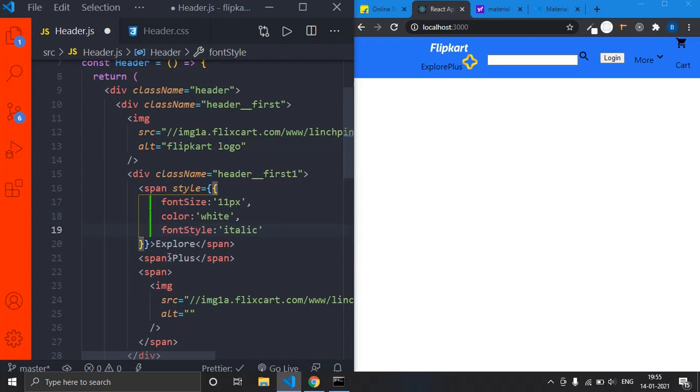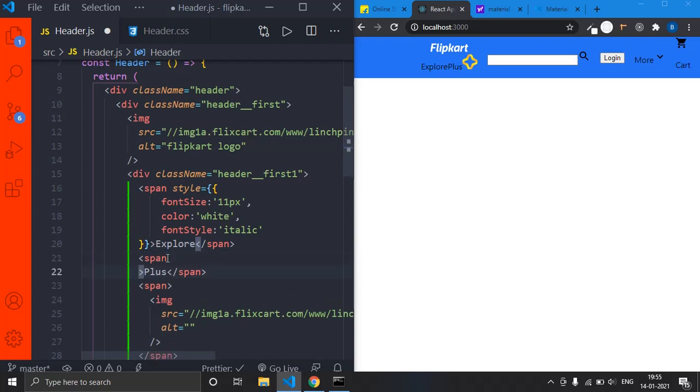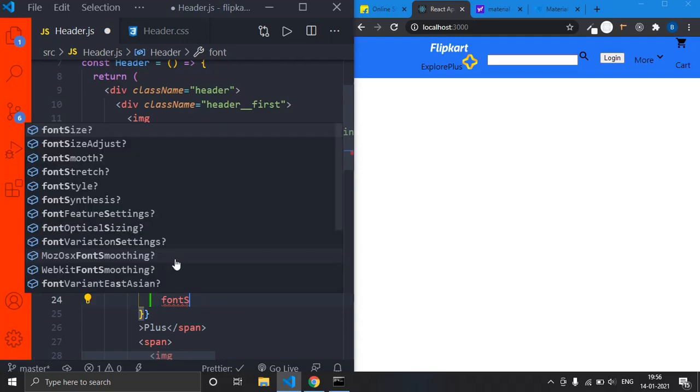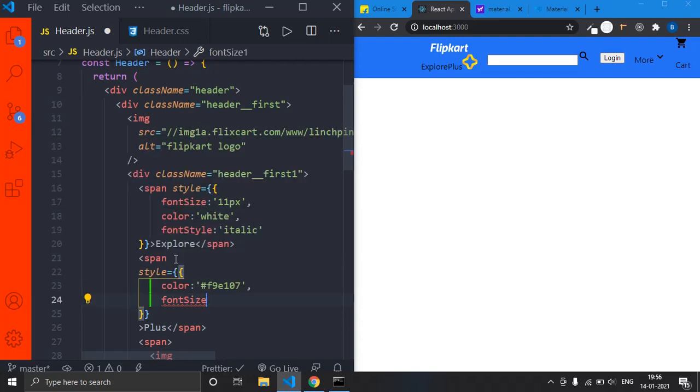Now next, this plus. Now let's style this plus. For plus, in the same way, just type in style equal to and two curly braces. And see, we have a color, some sort of yellow color, right? So just type in color, and that yellow color is nothing but hash F9E107. So this is the color Flipkart is using, and its font size is the same 11 pixel,